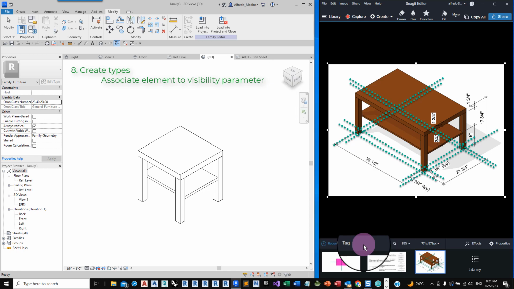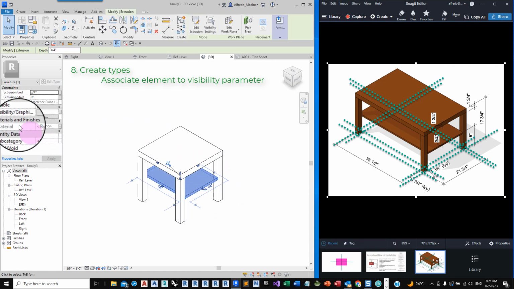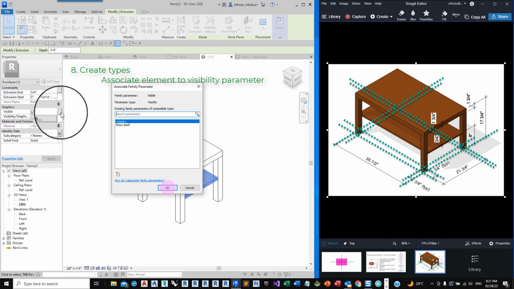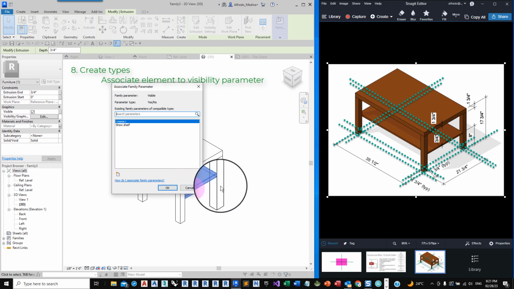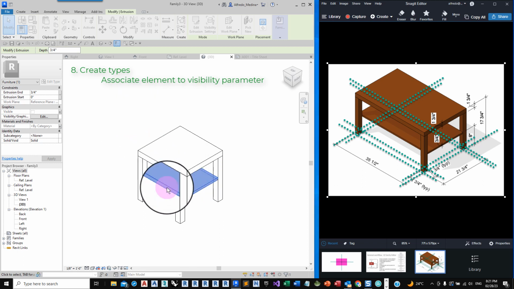But to make it work, I need to select the shelf and come here to visible, yes, and use this button to create an association between the visibility of this shelf with this parameter that controls that visibility.